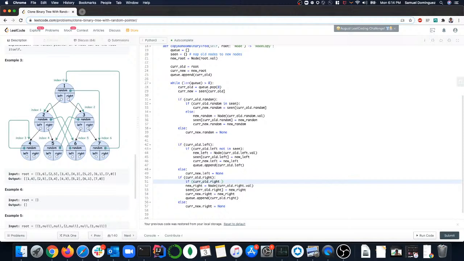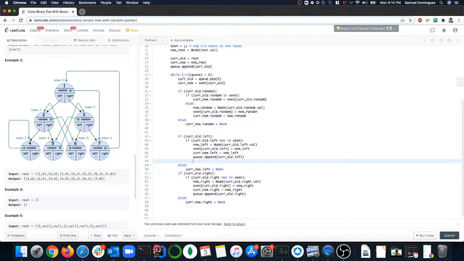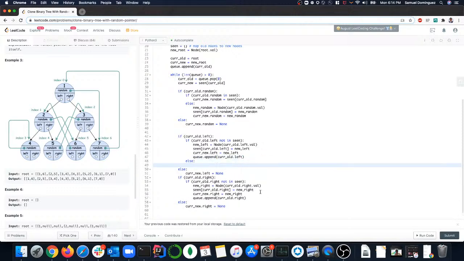And same thing for the right. Right, so if it's not in the seen dictionary, then I need to create it and everything, like I was doing earlier. But if it already is in the seen dictionary,